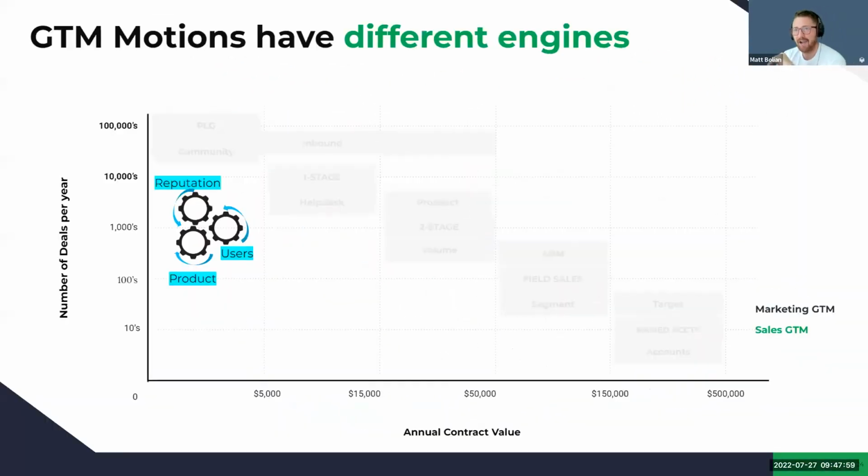Next, let's look at this. How do go-to-market motions have different engines? So I talked about, we have our PLG motion, we have the pro motion, and this is PLG. So how you grow your business is different. Specifically for pro, this is based on reputation, meaning G2, right? You're going to go to G2, you're going to look up how the users rank in G2, Product Hunt, all those.